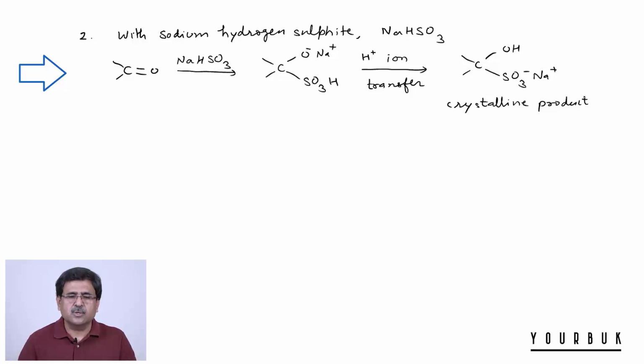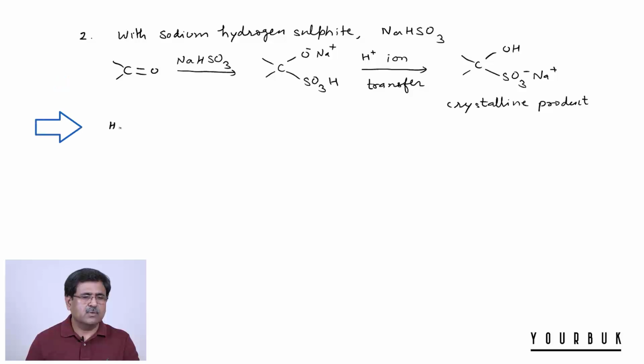And this product is soluble in water, and as a result the equilibrium shifts in the forward direction. Now we take one example. Suppose you are given this formaldehyde. So formaldehyde on reaction with NaHSO3 gives this addition product,